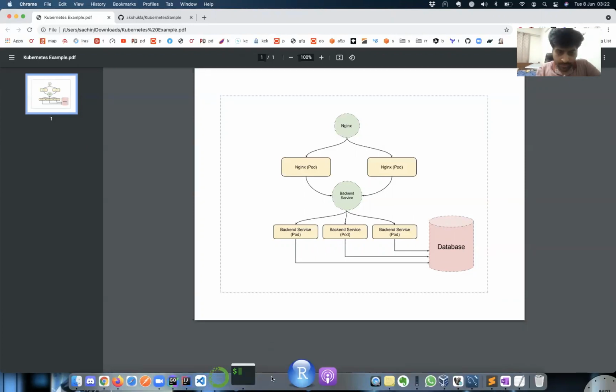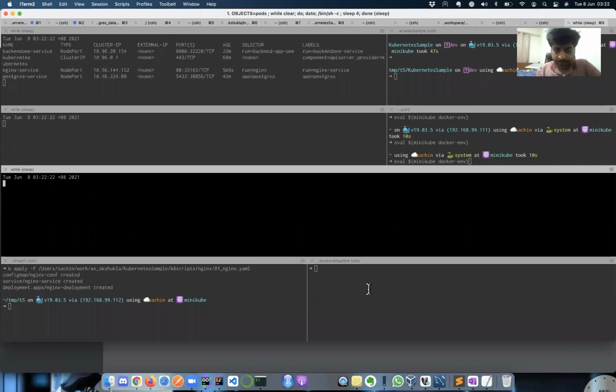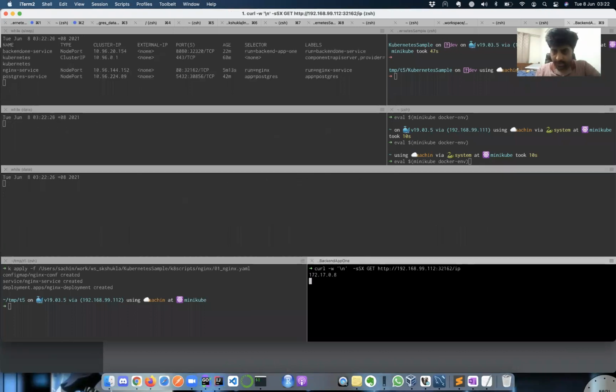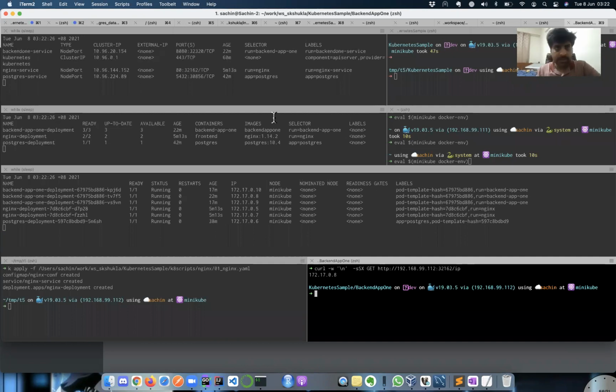But if you remember in the previous video, this was the last command we issued. So 32162, which is the port for Nginx. It's very hard to tell anyone what this port is, because they are all randomized. If I delete this service and reissue the same command from my previous videos, this port may change, and this is not very convenient. How can we be sure